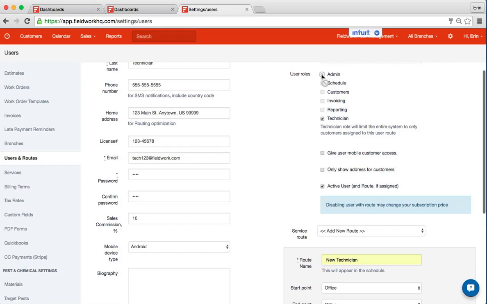User roles. If this particular user is the owner, operators will always want to be assigned admin. They also will need user mobile customer access. So give user mobile customer access will download the entire customer database to the mobile device. When this isn't an admin and you want to give specific sections to that user, you can click on and